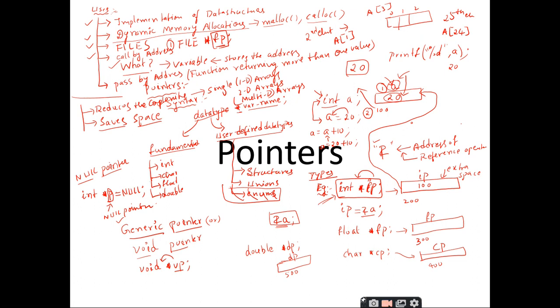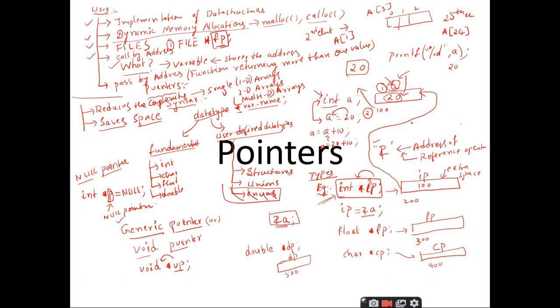And whenever you want to make your function return more than one value virtually, the function is not actually returning two values, but it gives an illusion that the function is returning more than one value. This is possible only with pass by address, so pass by address makes use of the concept of pointers.